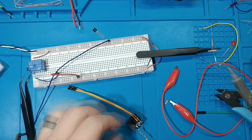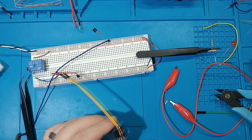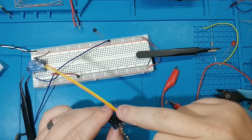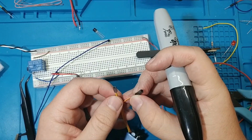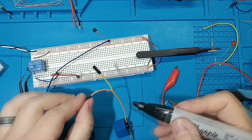So there's our positive and negative. Let's remember which one's negative, and then at least remind us. Where the diode connects to the top with the band, that's where 5 volts is coming in. So yellow is 5 volts and orange is ground. To help us remember, we're just going to Sharpie up